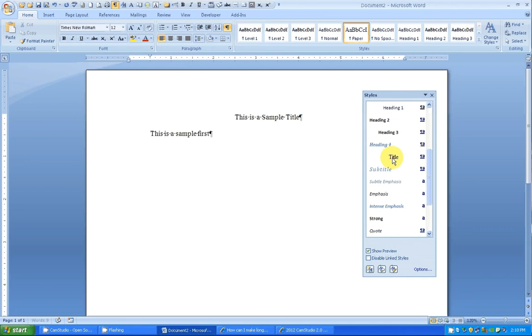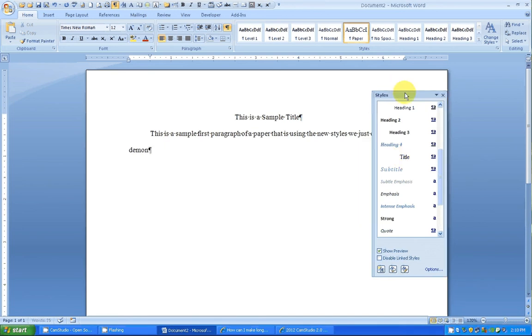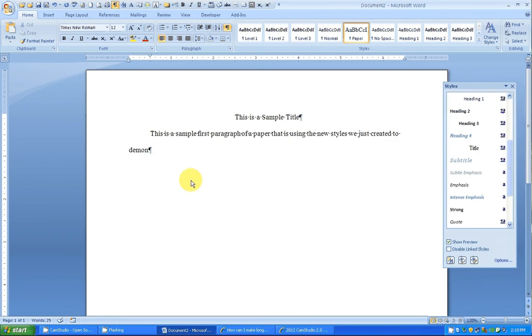So this is a sample first paragraph of a paper that is using the new styles we just created to demonstrate. So get this out of the way. We just demonstrated building. Well, let's just